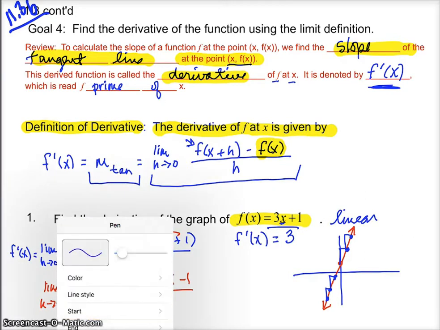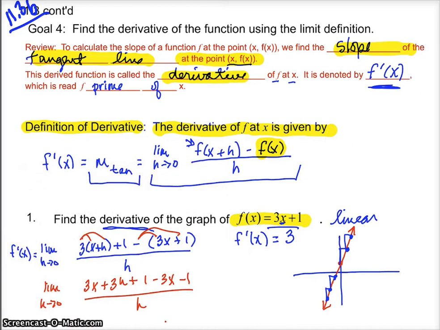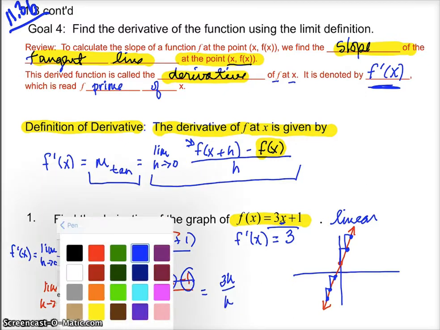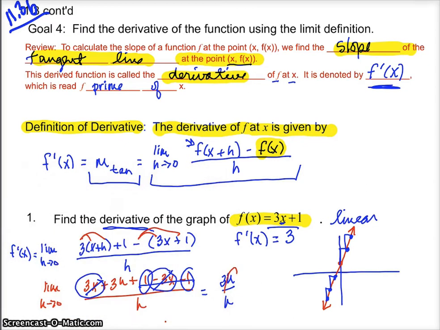And now if I continue to simplify, I notice that in the numerator I have like terms 3x and negative 3x, so those will cancel to 0. 1 and negative 1 will cancel to 0. And my remaining function is 3h divided by h. Finally, I've found a pair of factors that will cancel. And so I'm taking the limit as h approaches 0 of 3, and we know that the limit of a